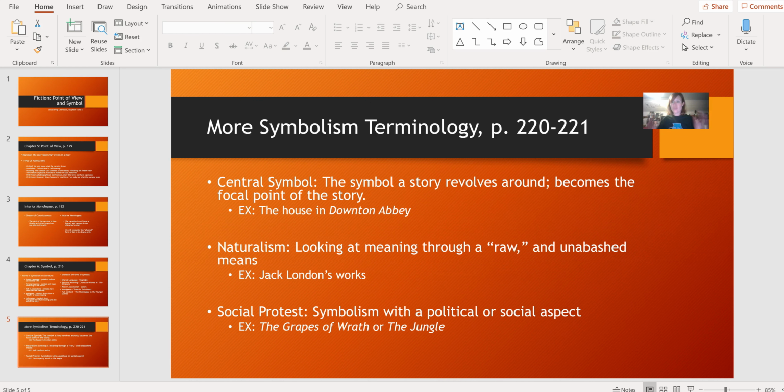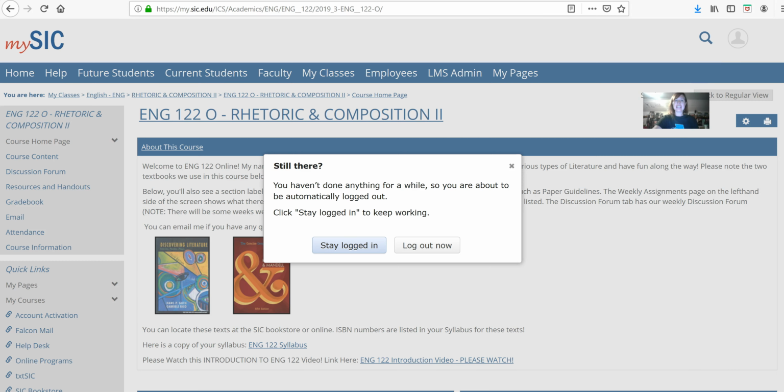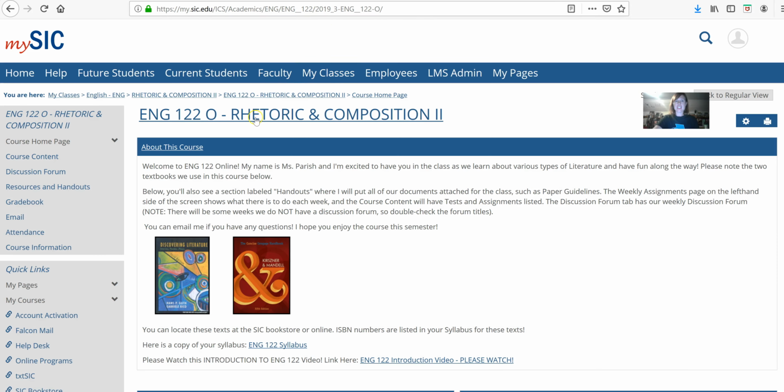A really great set of chapters. If you've not looked at the terminology in our textbook or examined the examples that these chapters give us this week, I would highly encourage you to do so because it's really great. So that's it. Your outline's due this week, and the discussion forum. Next week we will finish up, if you can believe it, our discussion of the elements of short story in more detail, and we'll talk a little bit more about paper 1.